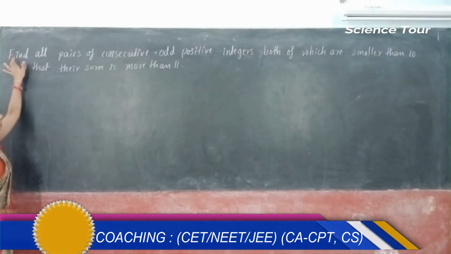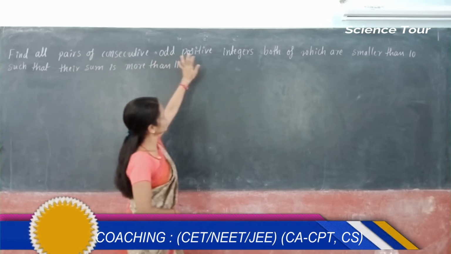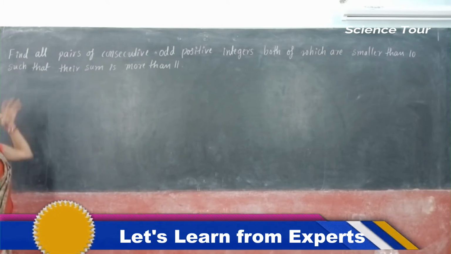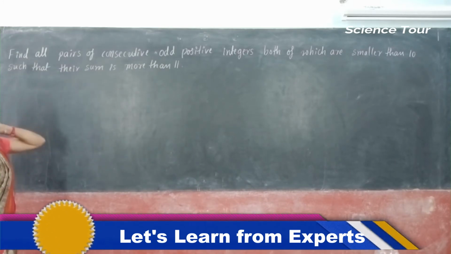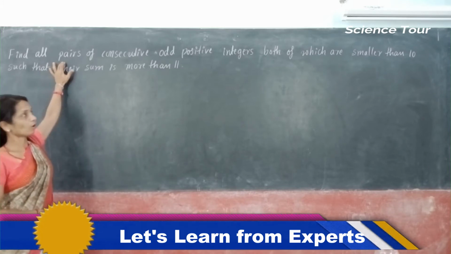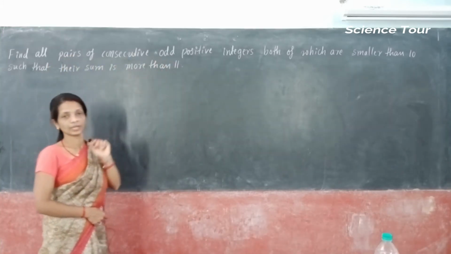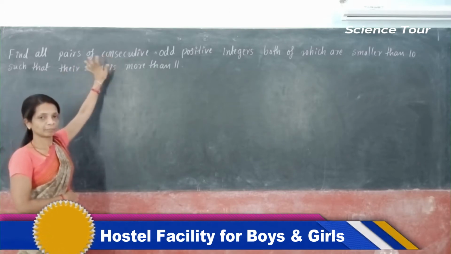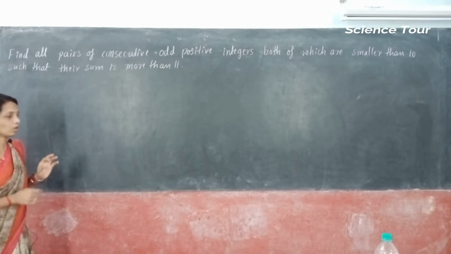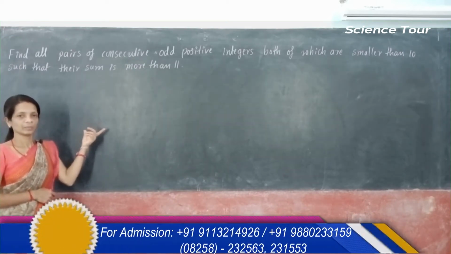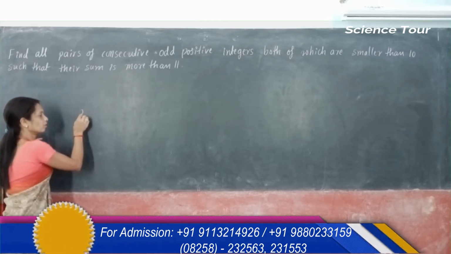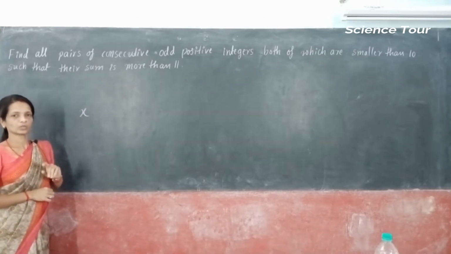Next problem: find all pairs of consecutive odd positive integers, both of which are smaller than 10 and such that their sum is more than 11. So now you have to find all pairs of consecutive odd positive integers, and you are given conditions on that. Here you are asked to find pairs of consecutive odd positive integers. Pair always means there will be two. Okay, so two consecutive odd positive integers you have to find, and always consecutive odd positive integers will be